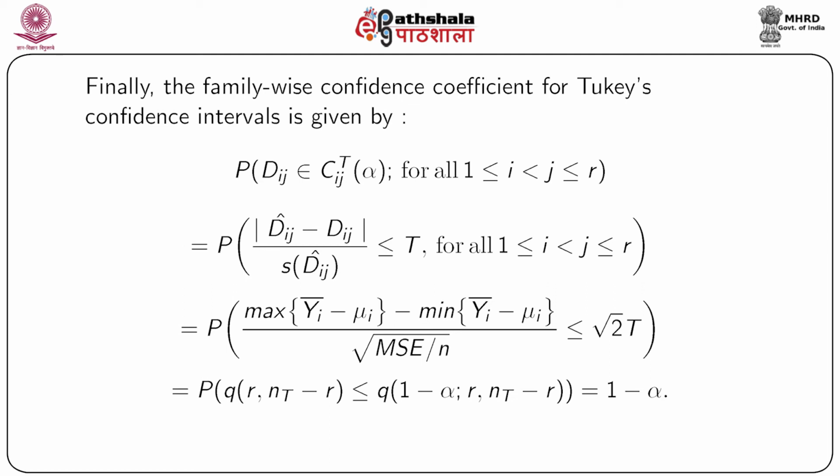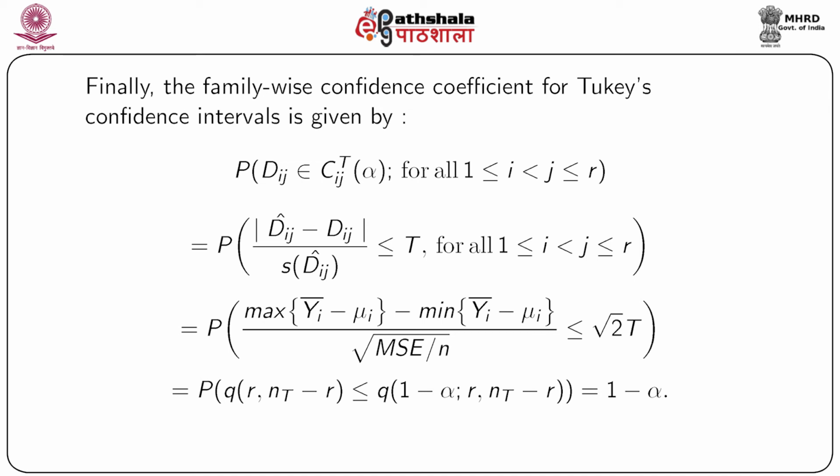The family-wise confidence coefficient of C_L,S is the probability that L belongs to this particular class for all L, which equals 1 minus alpha. If the study were repeated many times and each time these confidence intervals were constructed, then in 1 minus alpha times 100% of the times, all contrasts would fall into their respective confidence intervals. And in the case of simultaneous testing, we reject the null hypothesis of L equals 0 if 0 is not contained in the corresponding confidence interval C_L,S,alpha. Such a decision rule has a family-wise significance level of alpha.